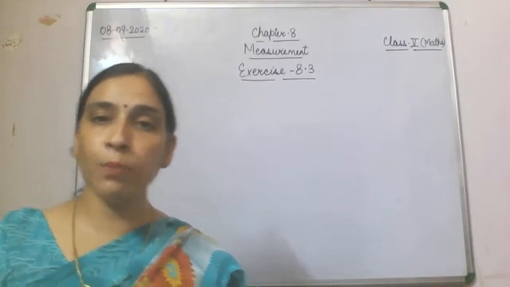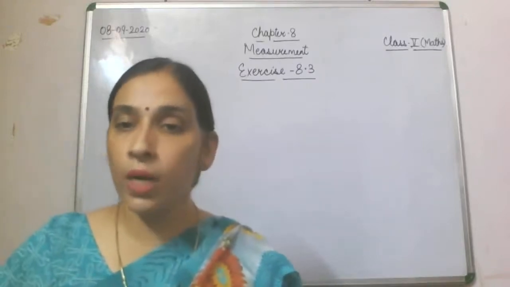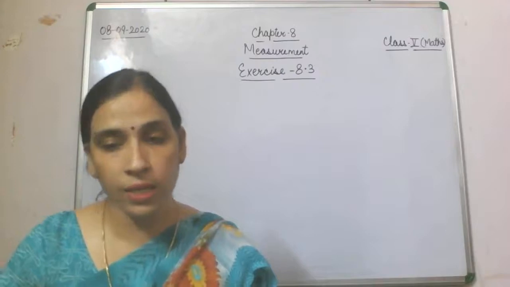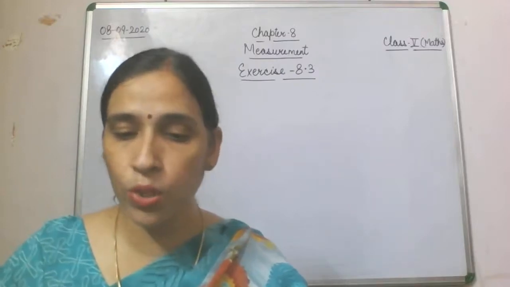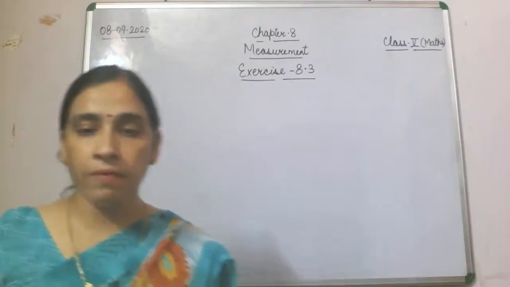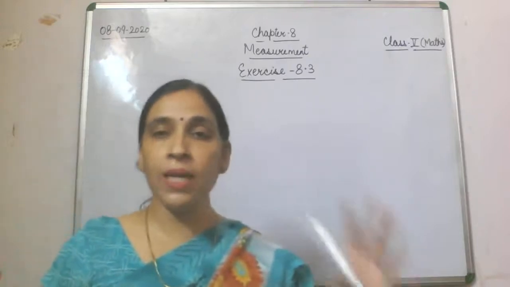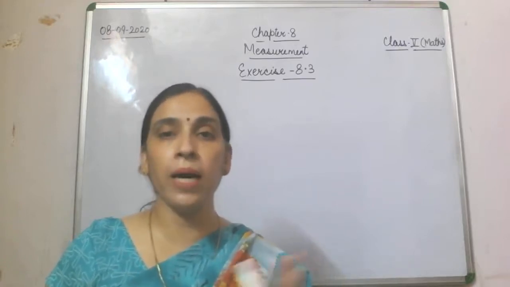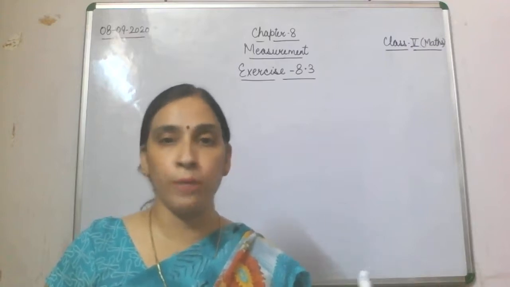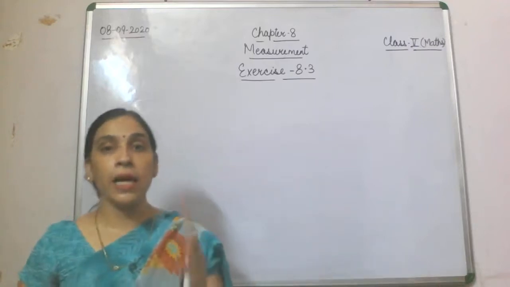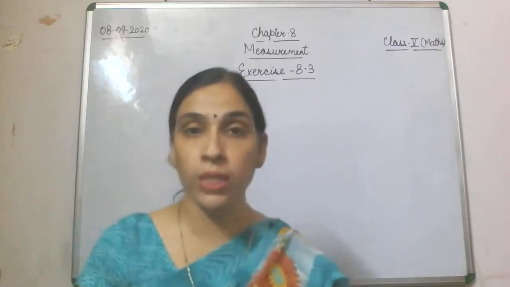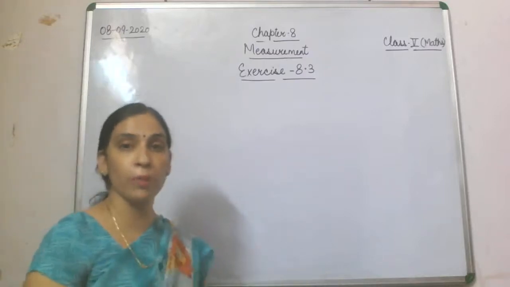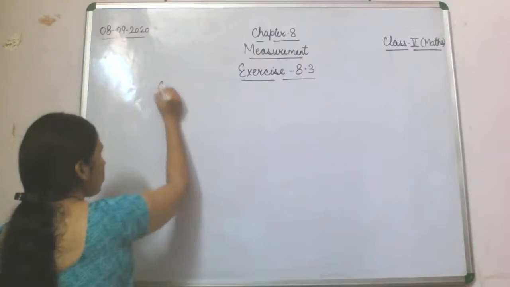Anu bought 3.25 meter of cloth for her dress and 2.96 meter cloth for her brother's suit. Now how much cloth did she buy? Fine. Now Anu bought some length of cloth for her dress and some length of cloth for her brother's suit. So what is the question? What is the total length of cloth bought by Anu? So that we are going to find out. I hope there is no doubt in the question,